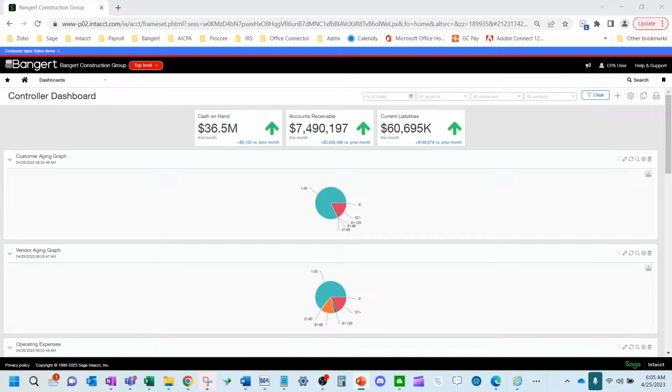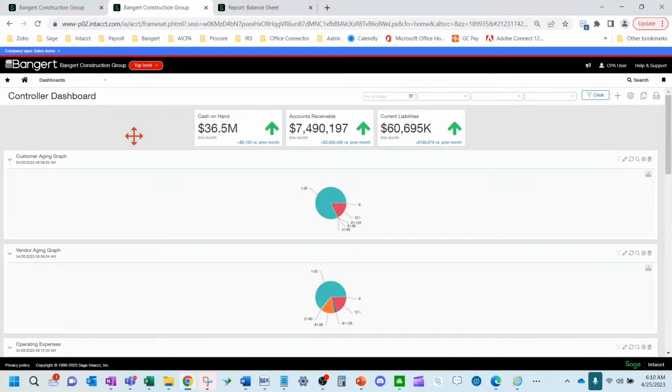So we're going to cover reports and the drillable functionality of those reports. We're going to talk about the audit logs and audit reports. We'll also show you the collaborate feature inside of Intacct and how that can help you with your audit. And also we're going to show you the attachments feature for your year-end documents that you can store inside of Intacct.